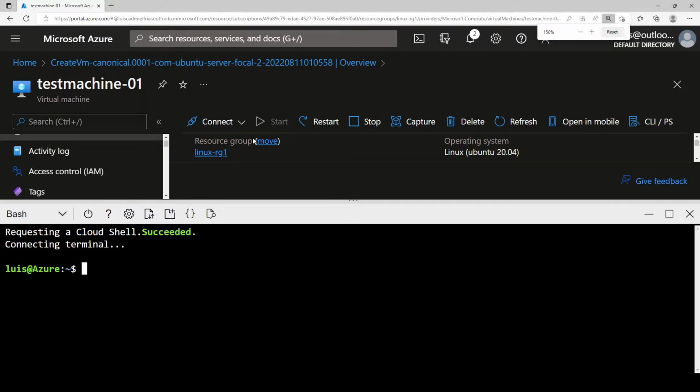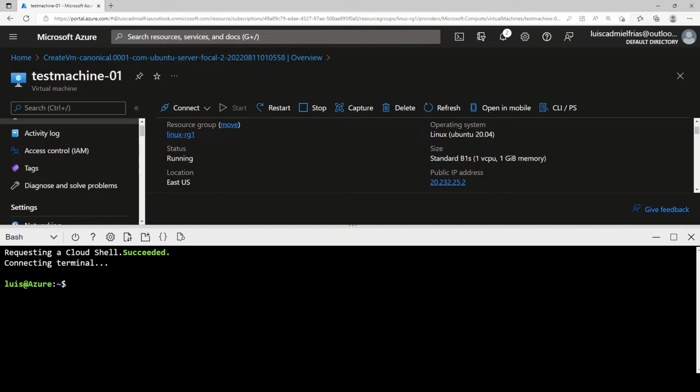So let's do az vm open-port on resource group Linux RG1 on VM, what's the name? Test machine -01. And we're going to say open port 3389. Let's click enter and see what happens.